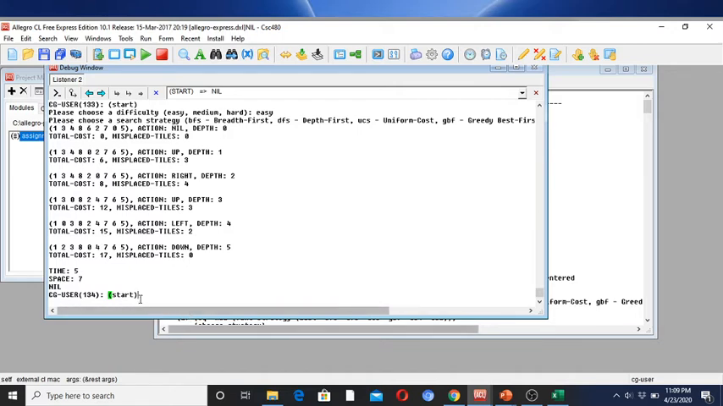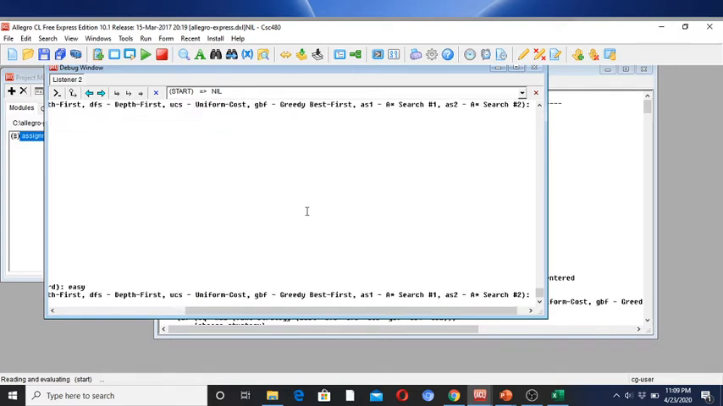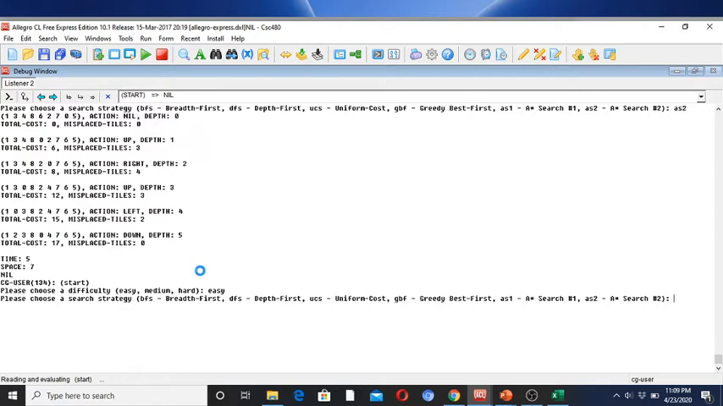Alright, so basically the way it works is you input start, hit enter, you get a prompt. We'll just go with easy, and that's just referring to the state to choose, and then I'll blow this up. So basically then the second prompt has you choose your strategy. In this case we're going to choose BFS,